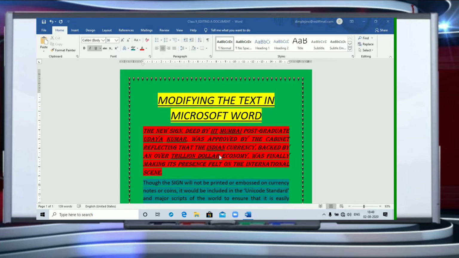So for that you can change it and have a similar kind of formatting in the document. That is what Format Painter is used for.